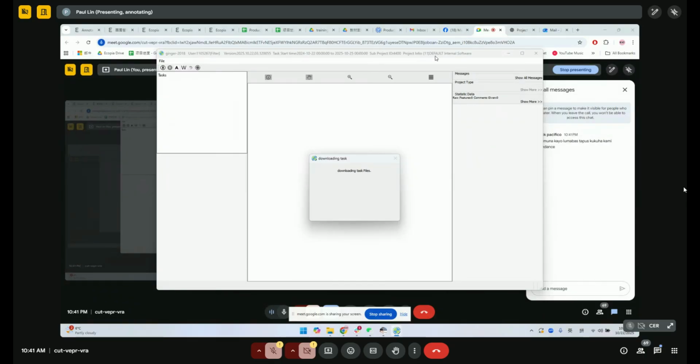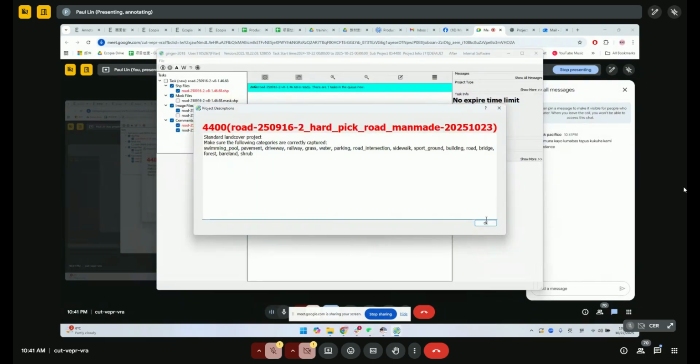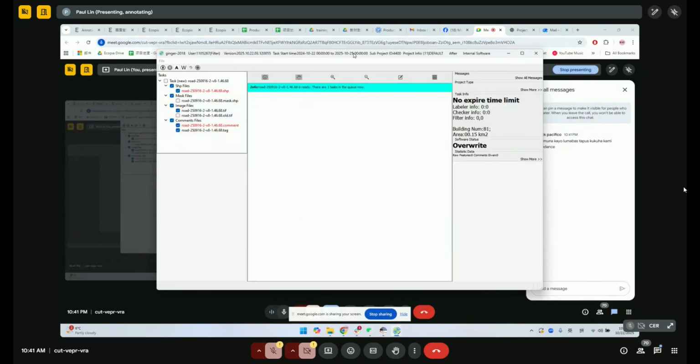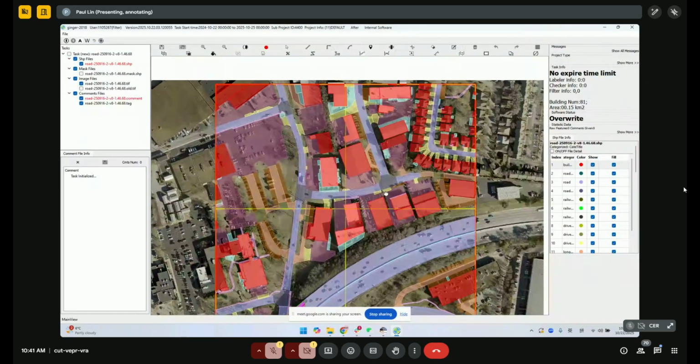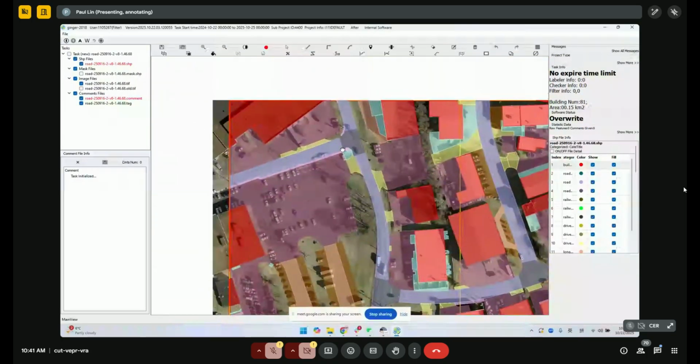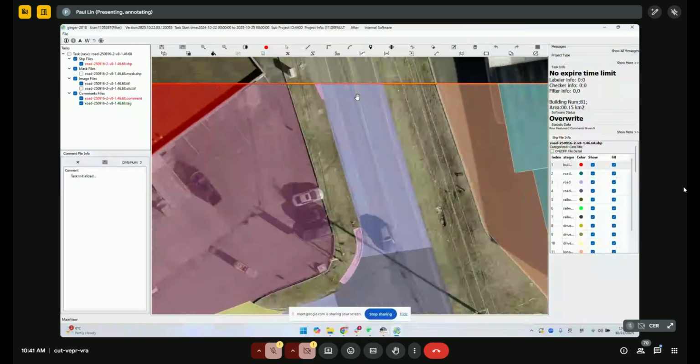That is a little bit special requirement for the road. For other features, just make sure the boundary is perfect. Make sure the shape and the boundary match with the task perfectly. This project is due next Monday, so we have plenty of time to fix it. But the quality is very, very important.